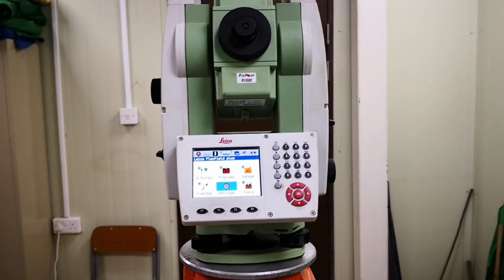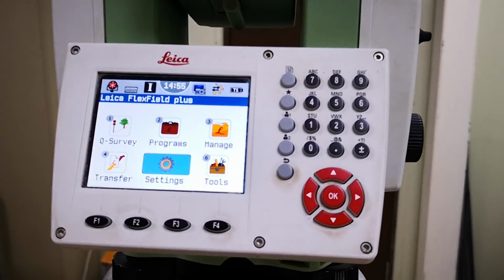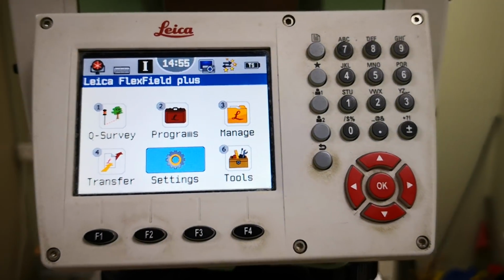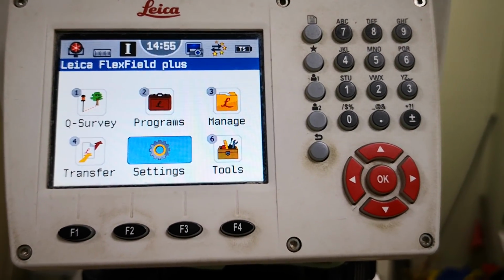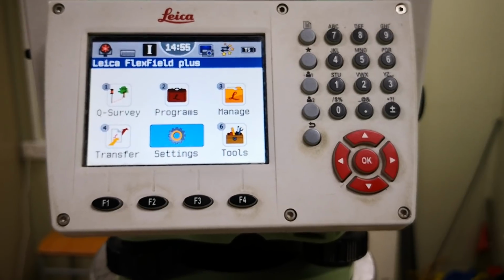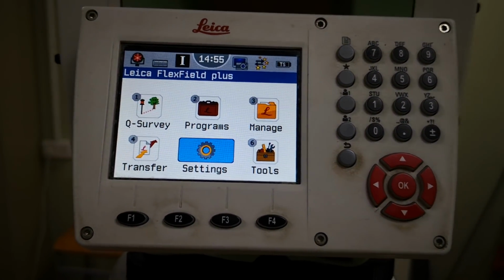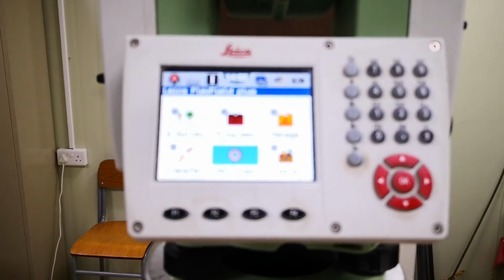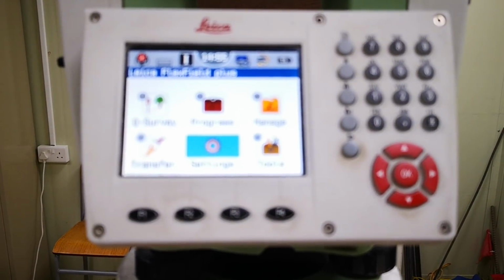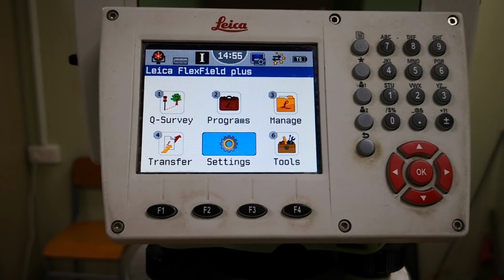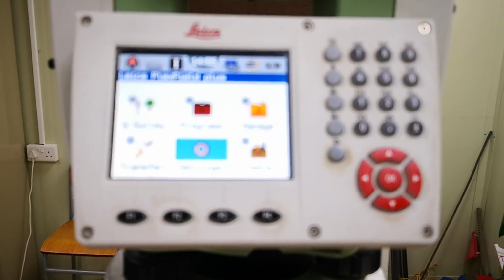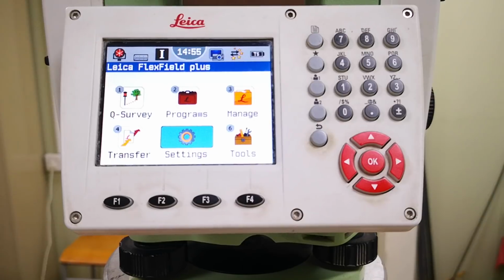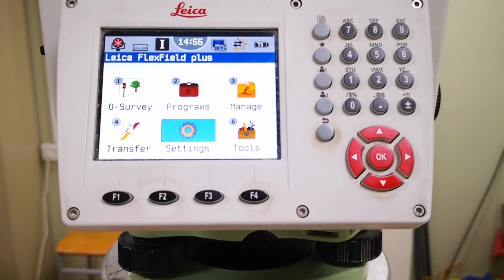So here I have a Leica Total Station TS09 Plus. Once we power on this Total Station, the first display looks like what we are seeing now. Here we have the option Settings, number 5.